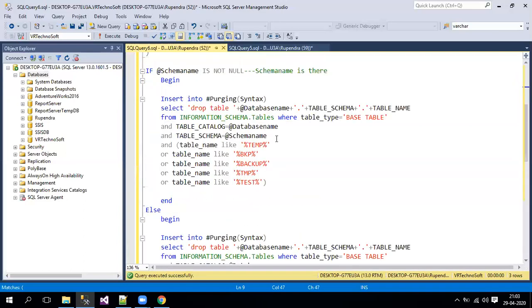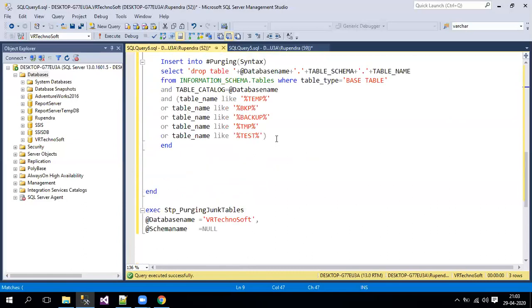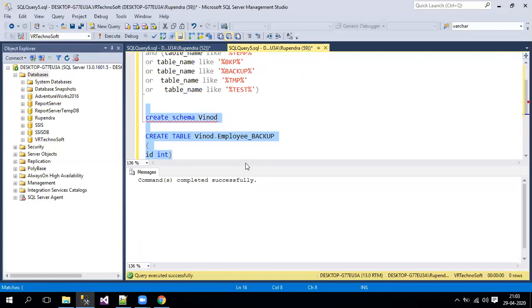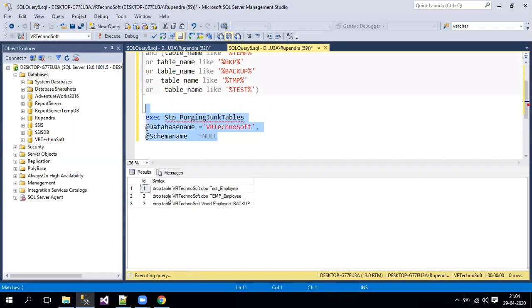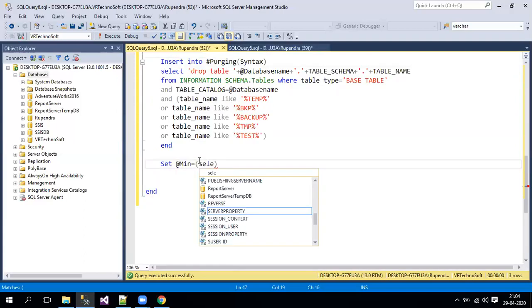Now to write a loop condition, definitely we require some minimum and maximum value to loop it. So let's take out this particular execution statement in another window. Now what you can do over here is, we'll first set a value, set at the rate of minimum equals to. In my purging table, when I'm executing this, I do have three rows in total. Now I'll write a while loop starting from 1 to 3. So first I'll select the minimum value, then I'll also select the maximum value from that table. So I'll write a syntax for that.